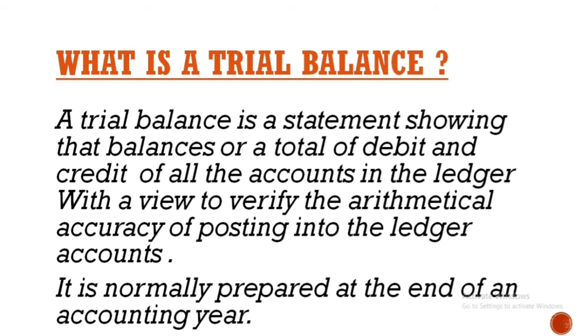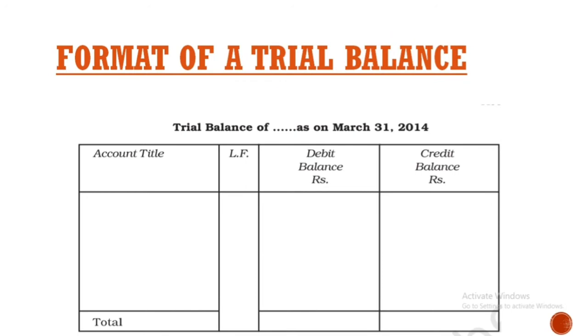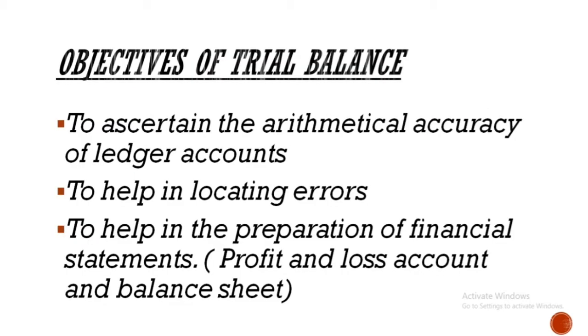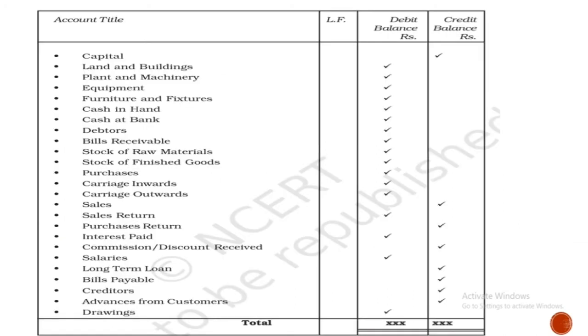Okay, then move on to the format of a trial balance. This is the format of a trial balance. Here are four columns. The first one is account title, then the second one is ledger folio, then debit balances and credit balances, and the total of debit and credit should be equal. Then move on to the detailed pro forma. Okay, here the detailed pro forma and items are mentioned,